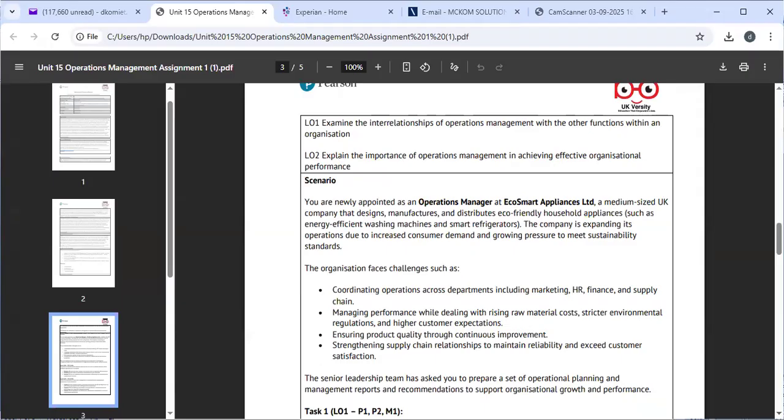Examine the entire relationship between operation management with other functions. That's the first one we discussed, if you remember. And then LO2 was to explain the importance of operations management in achieving effective organizational performance. Okay. So the first scenario,